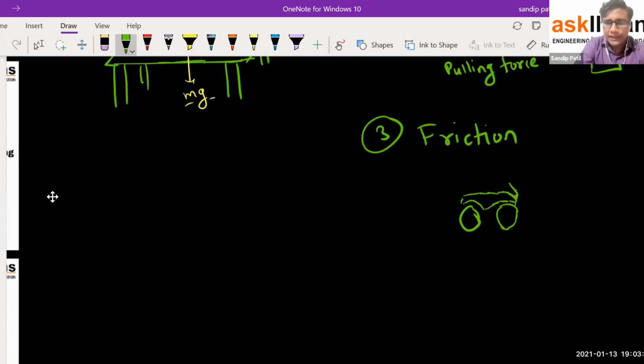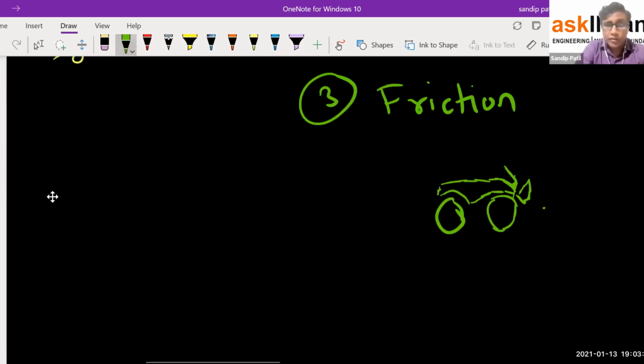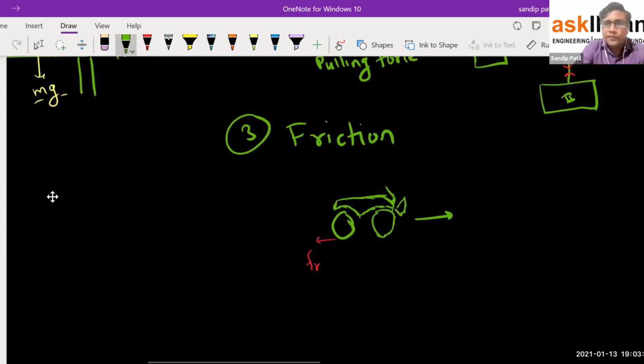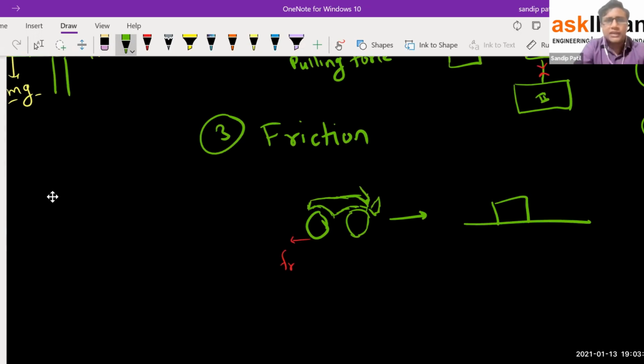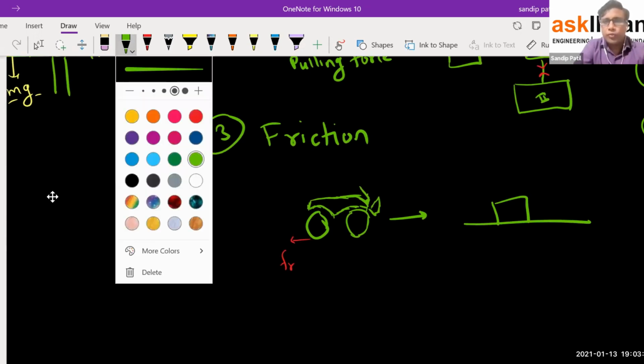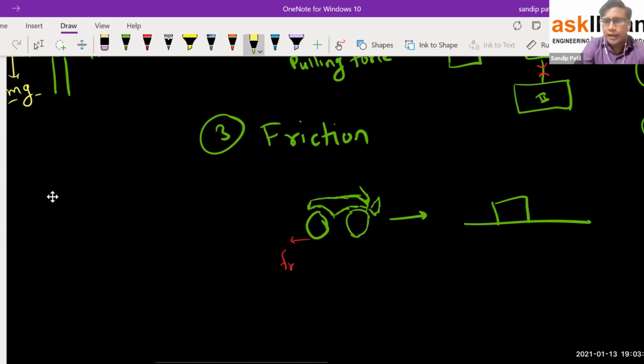Okay, this is a bike, right? So obviously, as you were saying, the bike is moving in the forward direction, then the friction will be applied in the backward direction like this. Okay, so can we say that only with a car and bikes does friction appear? No, not necessarily, right? Even if this is a block, and if I want to pull this block like this, let's say I apply some force, let's say F is equal to 10 Newton,